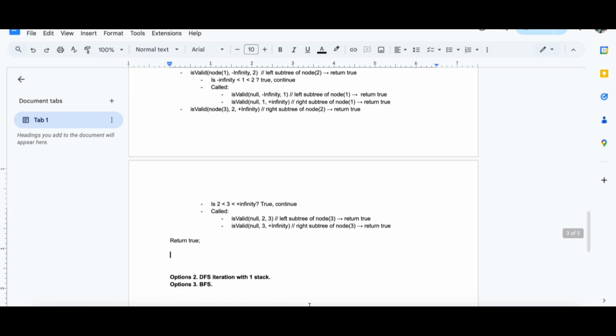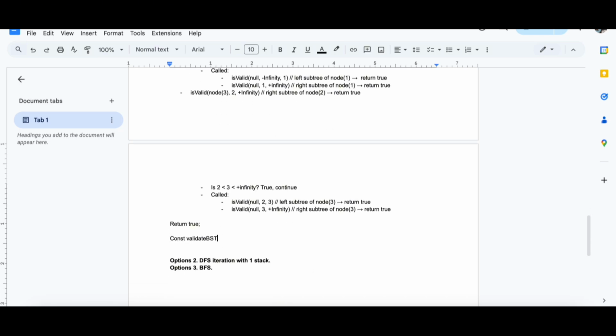Let's turn them into code. Validate BST. They are giving us the root, right? We're gonna create a new function, const isValid(node, left, right). It will call return isValid(root, ...). We are starting from the root, right?